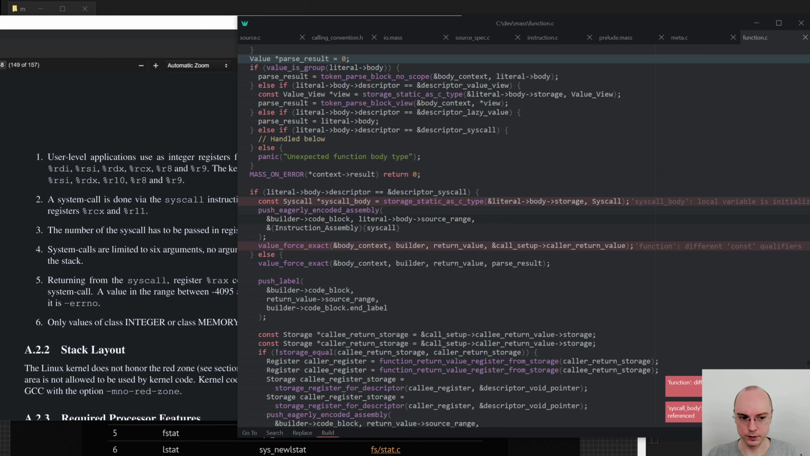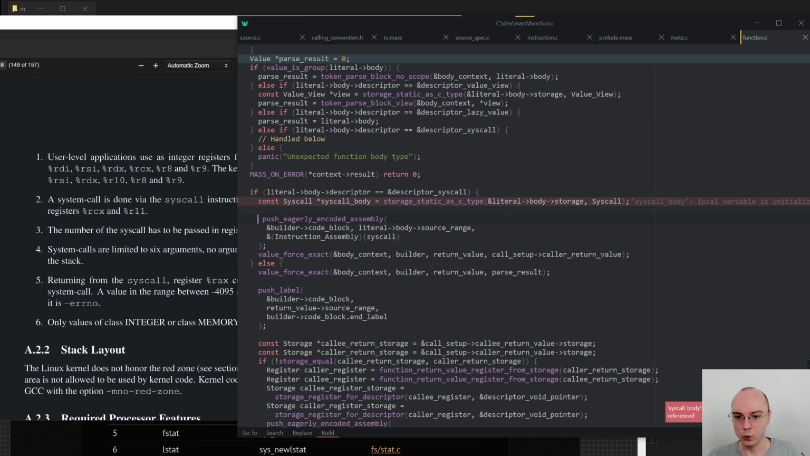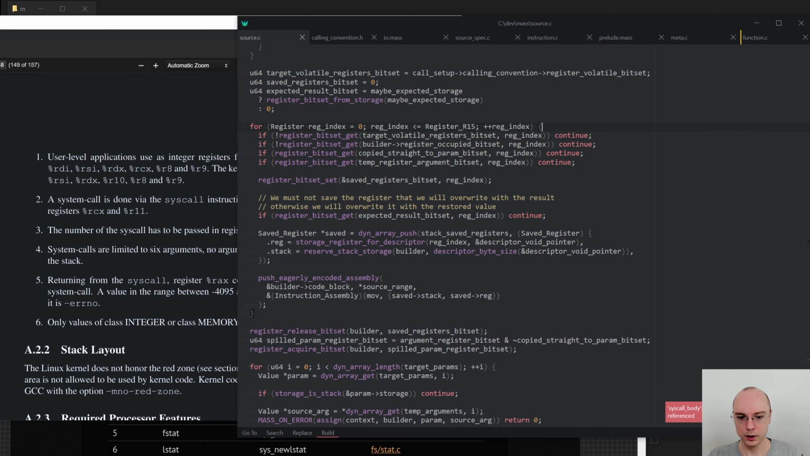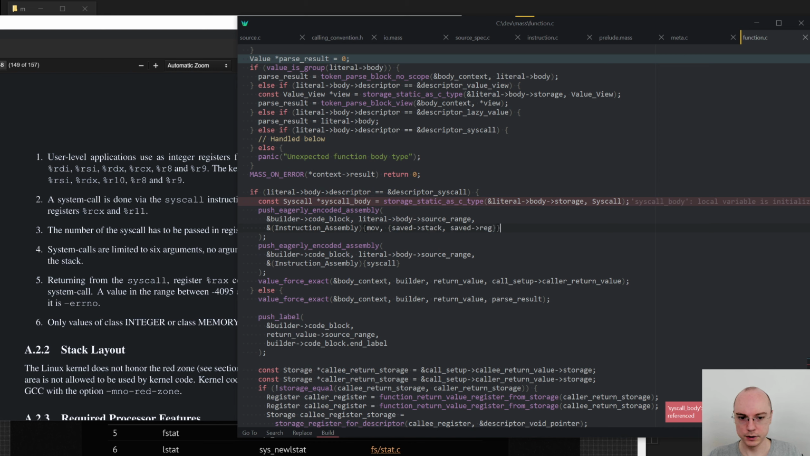Okay, different const qualifiers. That is not actually what happens. Sometimes C errors are really not what they say they are. And that I'm missing one more thing. We need to move into, yeah, so something like this. We need to say